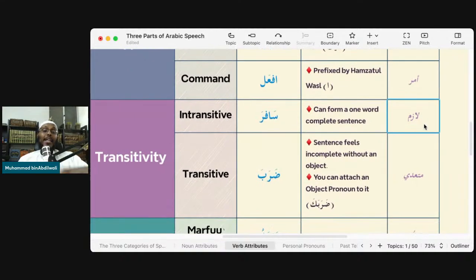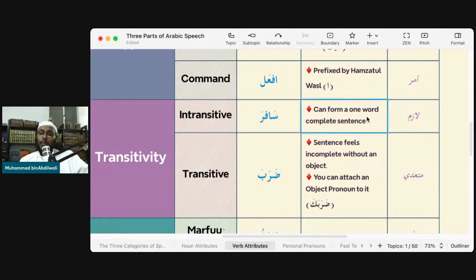So depending on the verb, the sentence will consist of either three words or two words, right? Why do I say three words or two words? Two words because you have the verb and you have the person who did it. Khalid hit, right? Now, who did he hit? That's the third word. When will you need it? If the verb needs an object. If it doesn't, then you say I traveled, and that's enough. That sentence will only be made of two words.